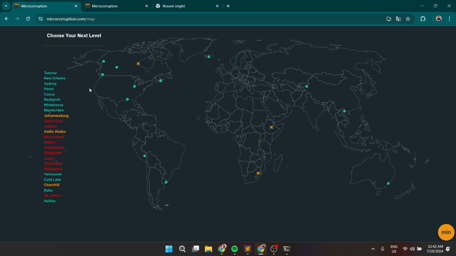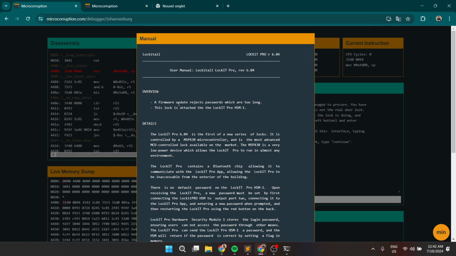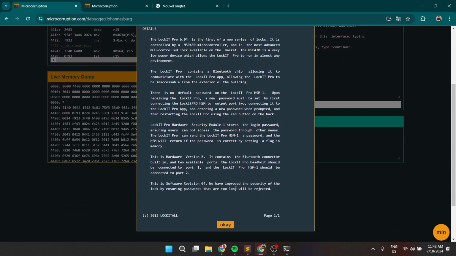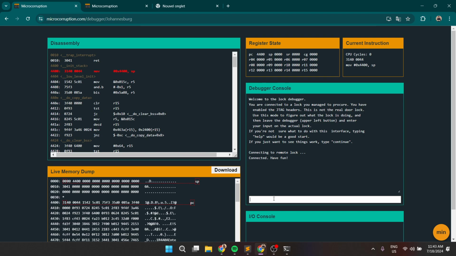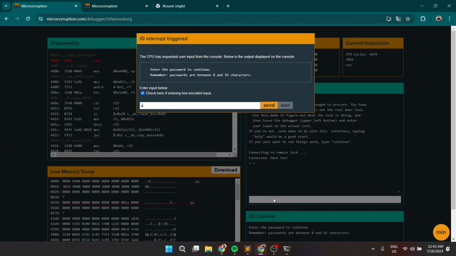The latest challenge on this video is really interesting too. So Johannesburg is obviously a firmware. They have updated the firmware and said that they will be rejecting passwords that are too long. So this lock is attached to the Lock ID Pro Hardware Security Module 1. Okay. If we continue, let's try to see